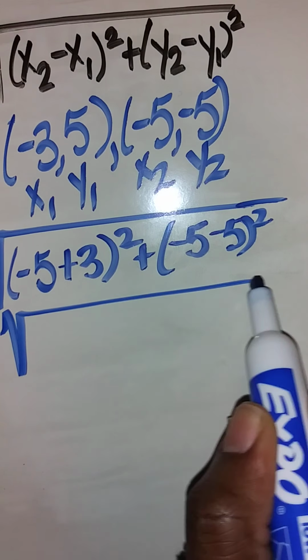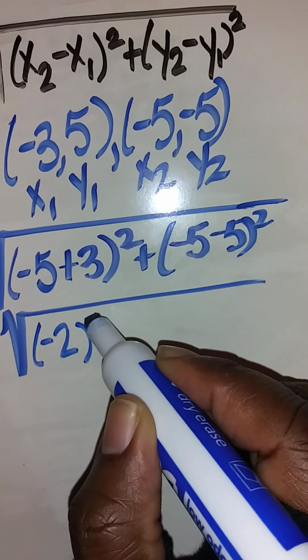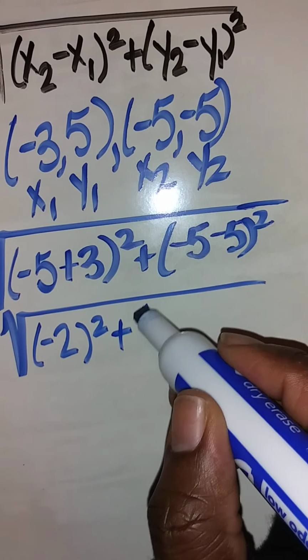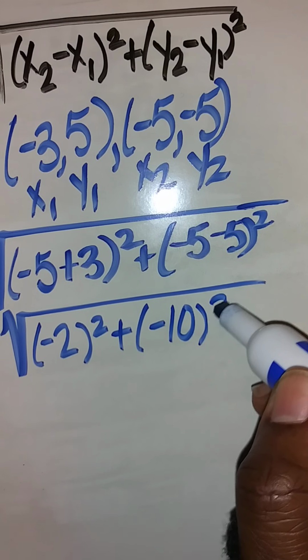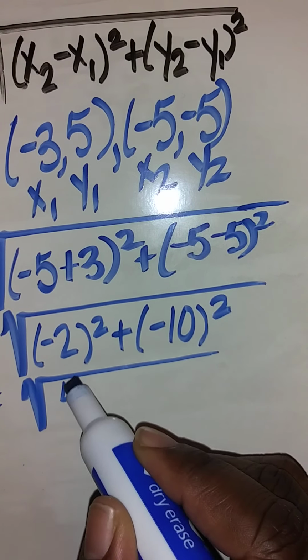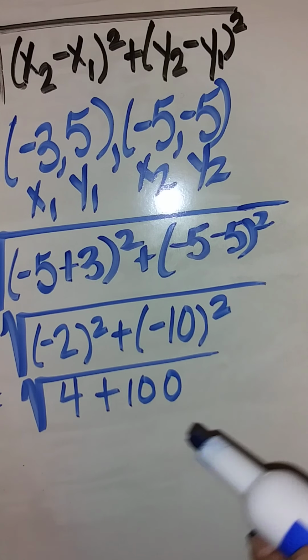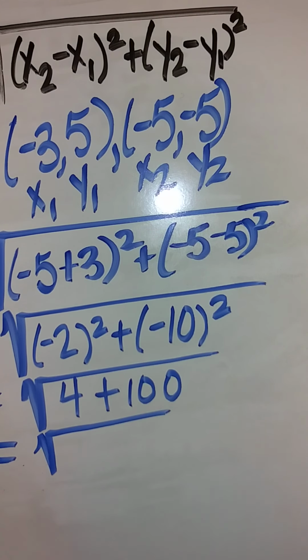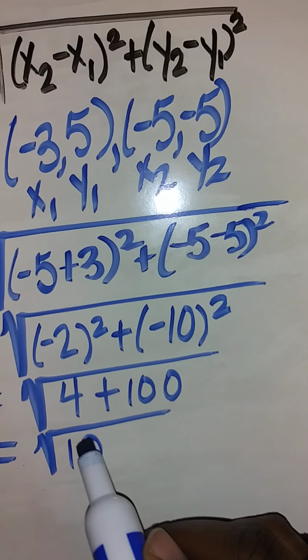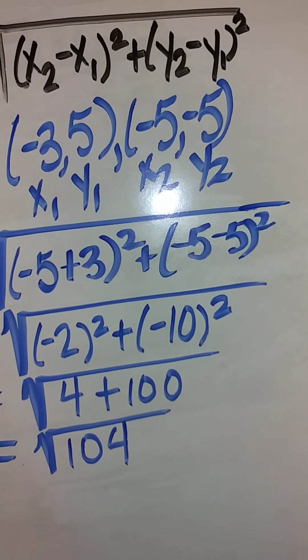Right here, I have negative 5 plus 3 is negative 2 squared, plus negative 5 minus 5 is negative 10 squared. Negative 2 times negative 2 is 4. Negative 10 times negative 10 is 100. Then we have 100 plus 4 is 104. And then we want to take the square root of 104. So you're going to say second x squared 104. And it's going to give me